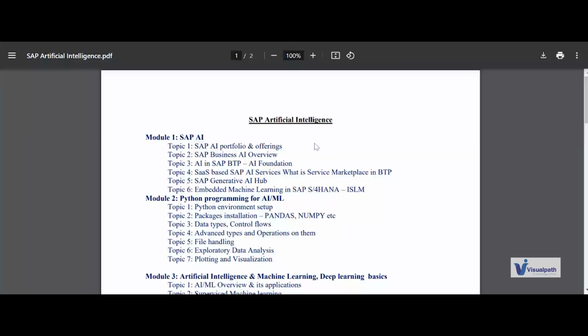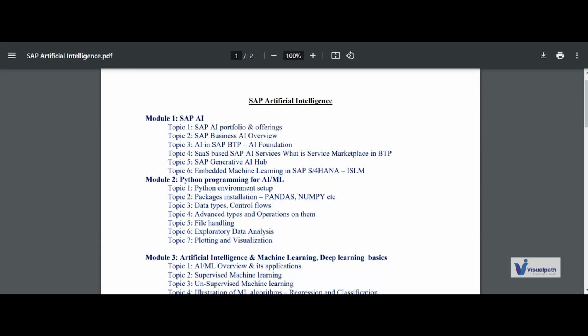So within the course, if you can see my screen now, module one gives the overview of the portfolio offerings and a little more detail about the SAP AI Foundation services. Then we start with Python programming for AI and ML. How do you start with Python? How do you set up the environment?